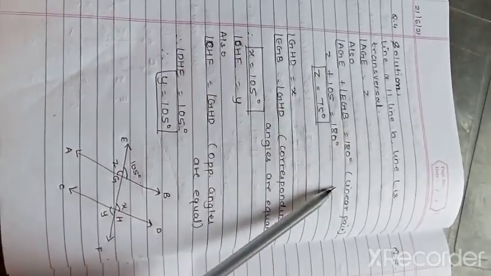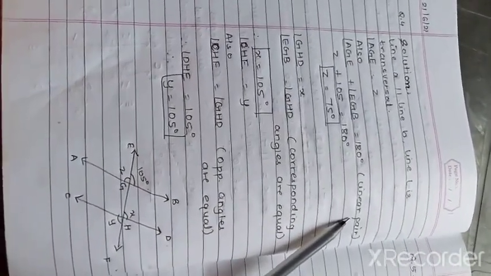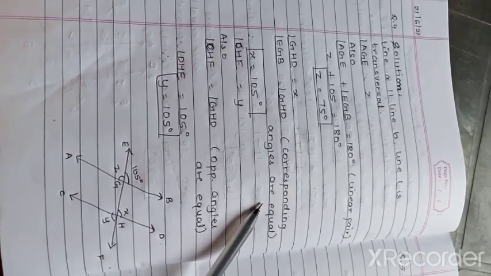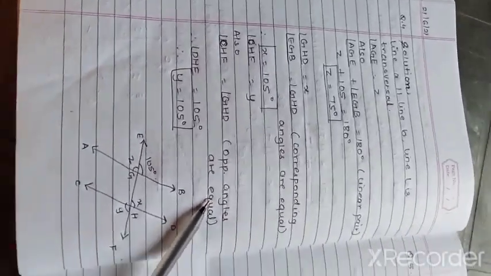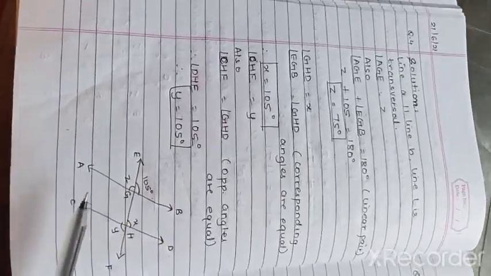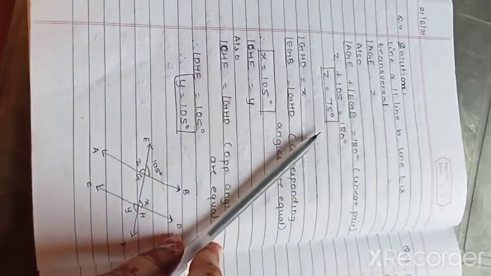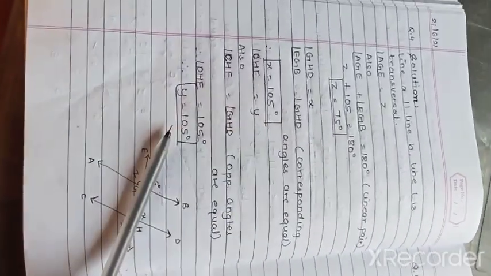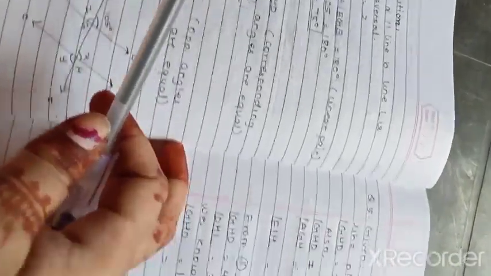So the solution is quite simple. We have used three properties. The first one is the property of linear pair. The second one is the property of corresponding angles. And the third one is the property of opposite angles. With the help of these three, first I found the value of Z, then the value of X, and then the value of Y. Moving ahead to the last sum of the practice set,